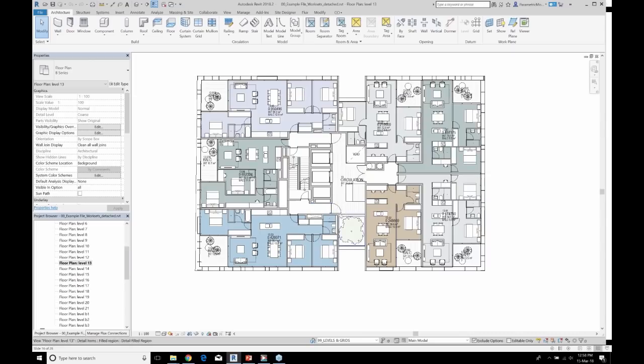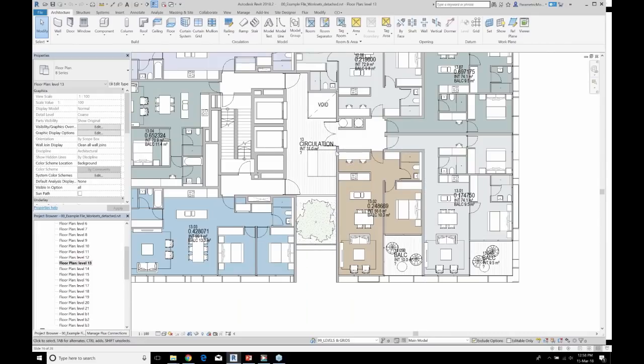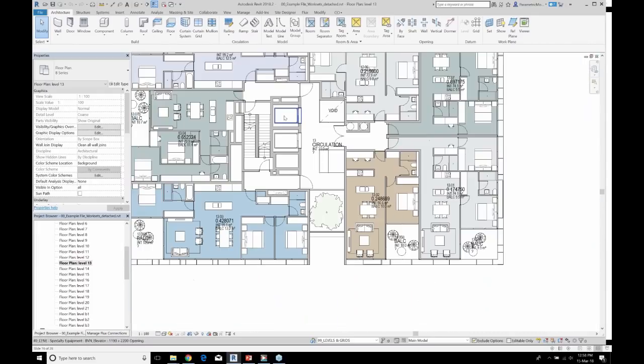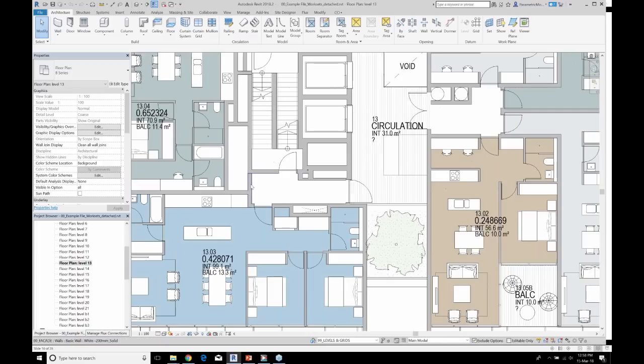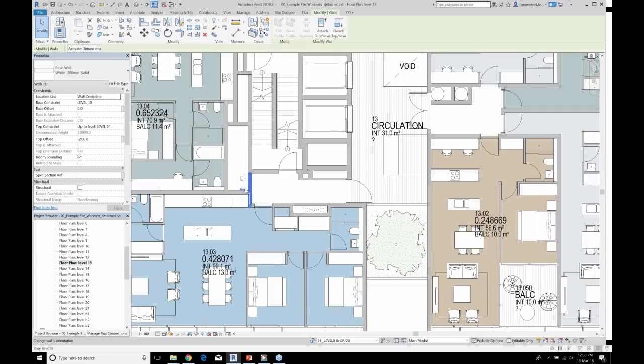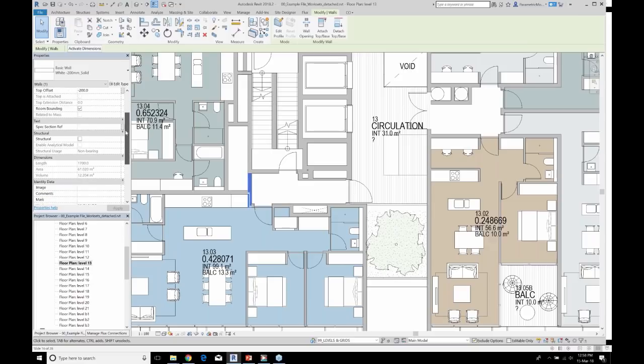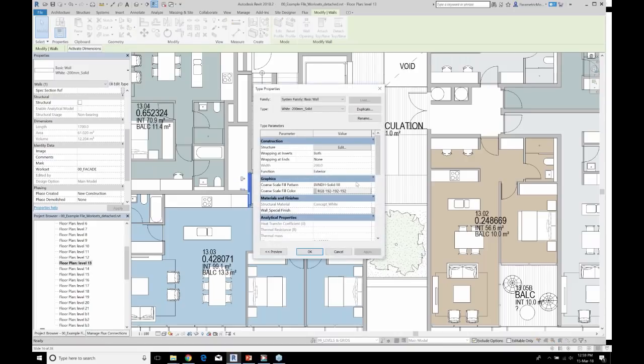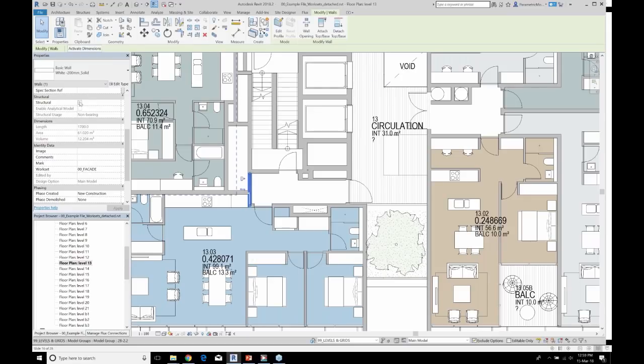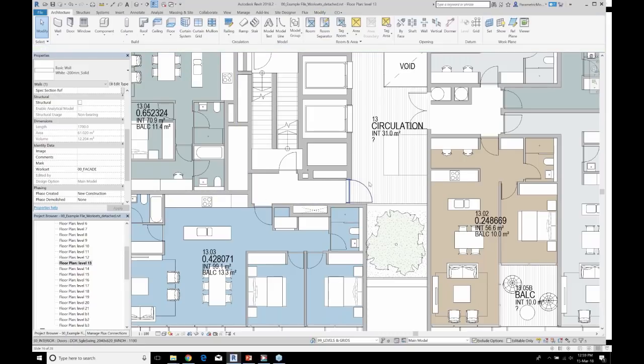So if we go back to our Revit model, that script's now finished, and what we should see is we have this party wall. It's saying that it's on the facade workset, and if we go into the type, that's really because it has an exterior function, and the structural instance parameter hasn't been enabled.